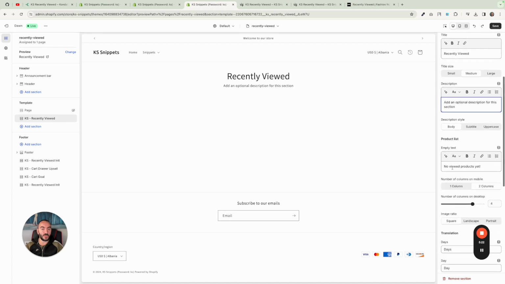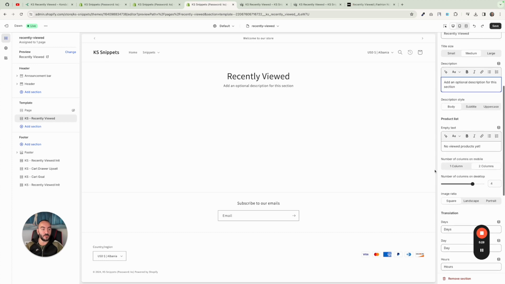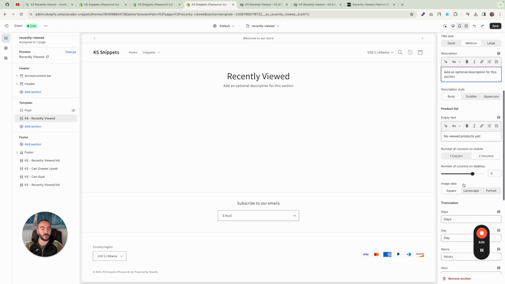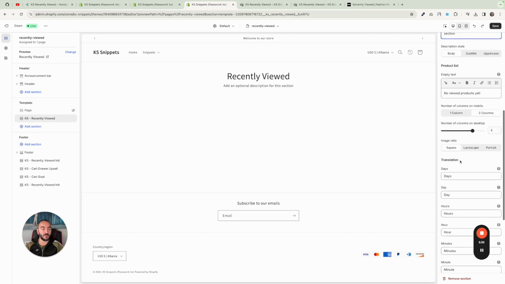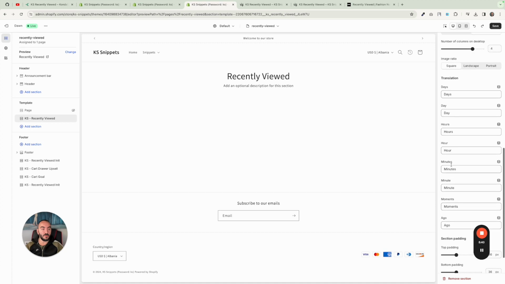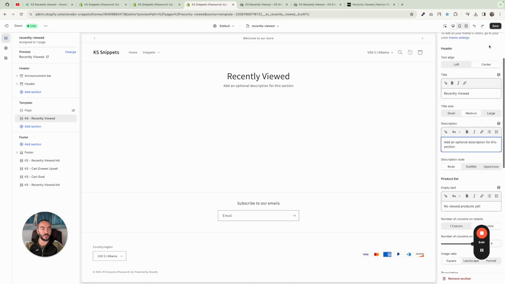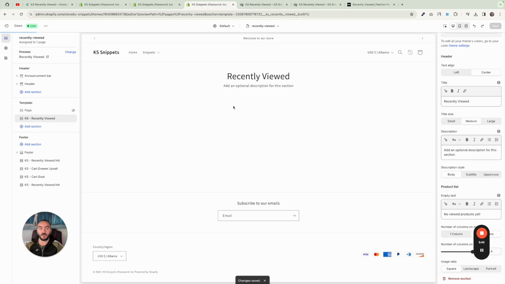Also the product list in case the user has not seen any products yet, the number of columns on mobile if you prefer to have a different style on mobile. Okay, on desktop, the image ratio, and some text that is used for translation. Let's hit the save button,